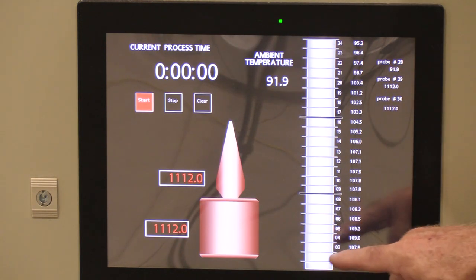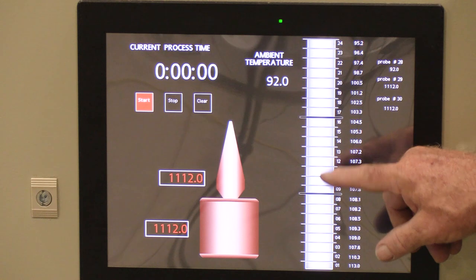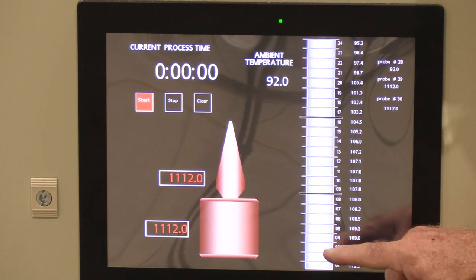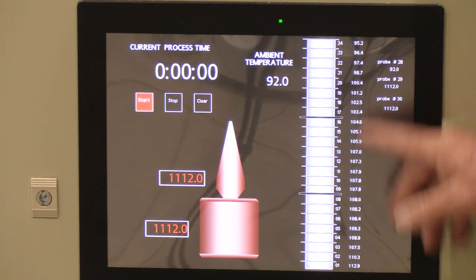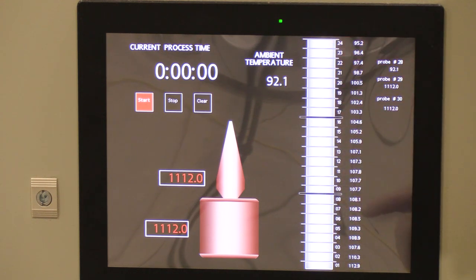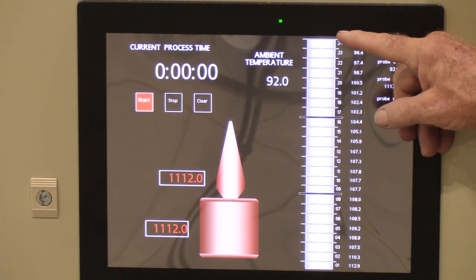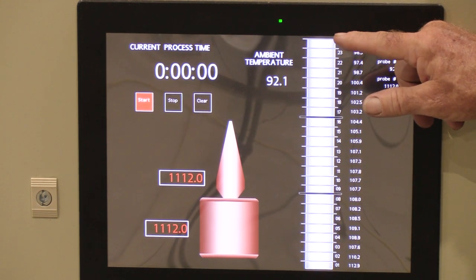What you're seeing right here is my column still over here. At each one of our sections, I have a temperature monitoring system, so it tells me the temperature at each one of these distillation points in the 24 section column. I also have a means to control the temperature at each one of these, which I will not go into as part of our little secrets. The new owners will get those secrets on how to do it. Very easy to do. But the great thing about this is if I know what that temperature is versus this temperature here, I can control this whole column on how efficient it is and what proof comes out at the